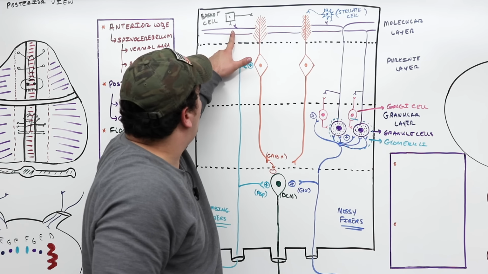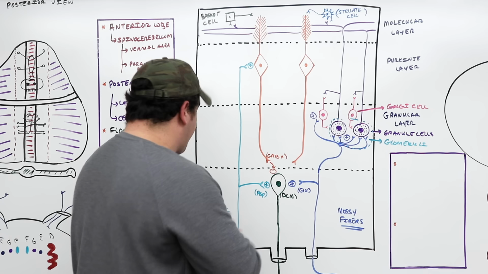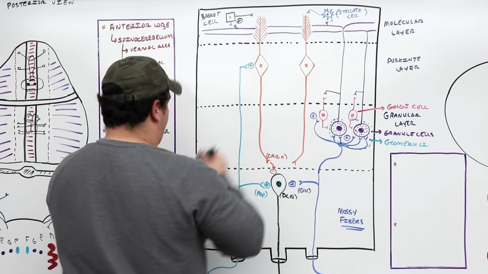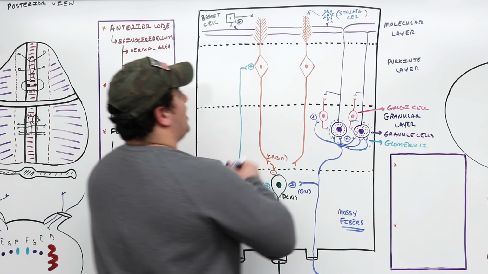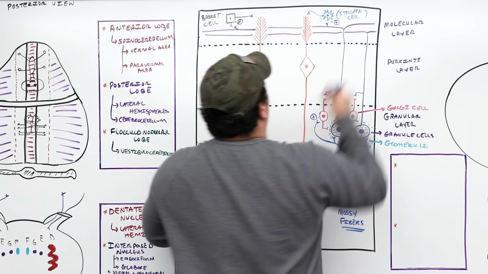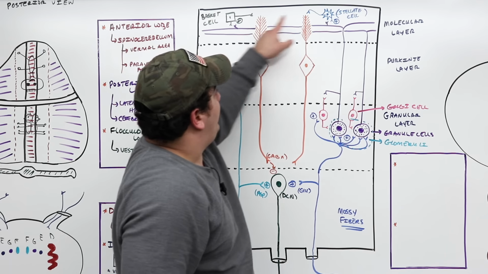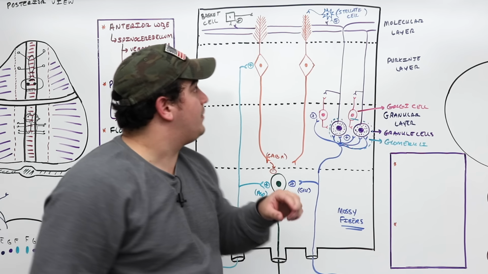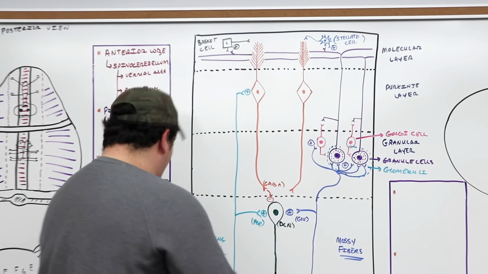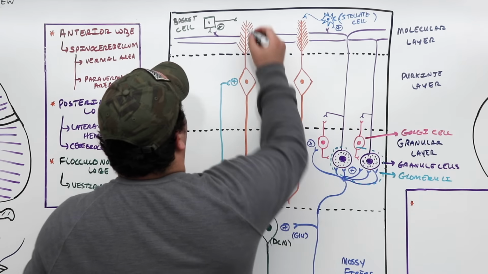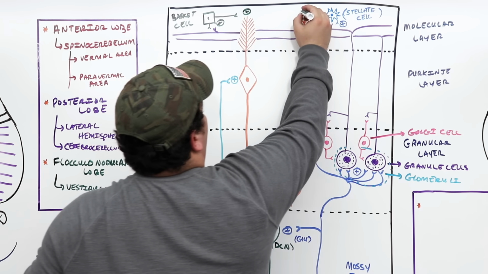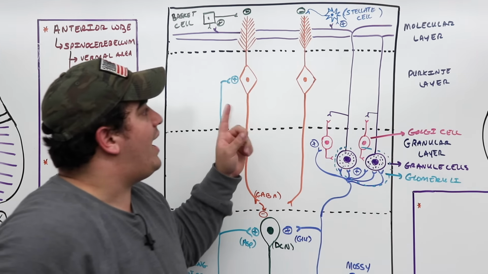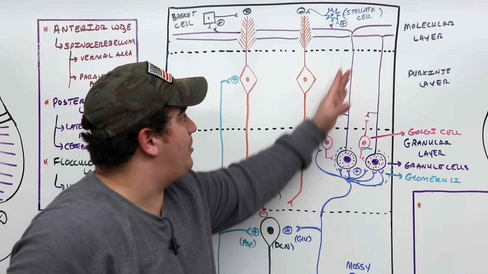Whenever they release these neurotransmitters onto the basket cells, it actually stimulates these basket cells. So they release a stimulatory neurotransmitter that activates the basket cell or can activate the stellate cell. Whenever these are activated, these stellate cells and basket cells release inhibitory neurotransmitters. Okay? They release inhibitory neurotransmitters, and these inhibitory neurotransmitters are then going to inhibit the Purkinje fibers, okay, the Purkinje cells. But before that happens, remember we said that these granule cells send up their parallel fibers into the